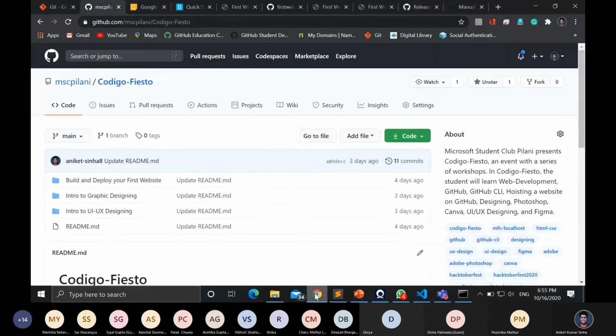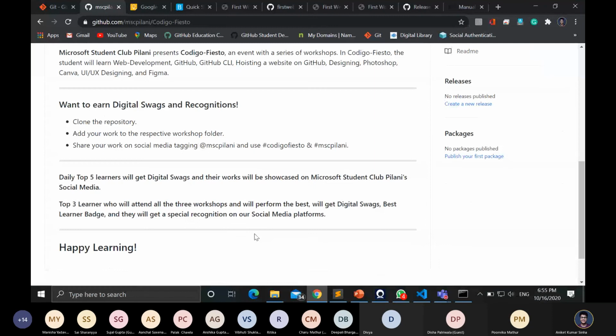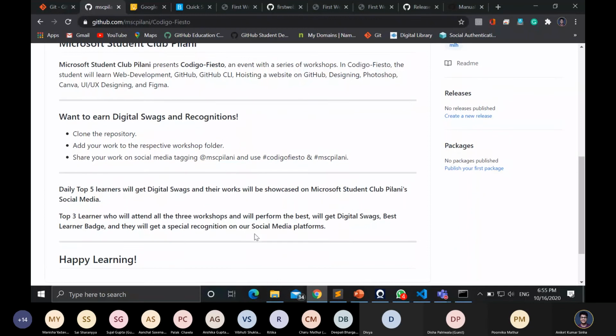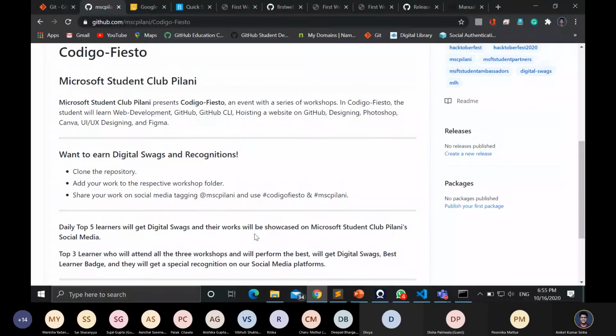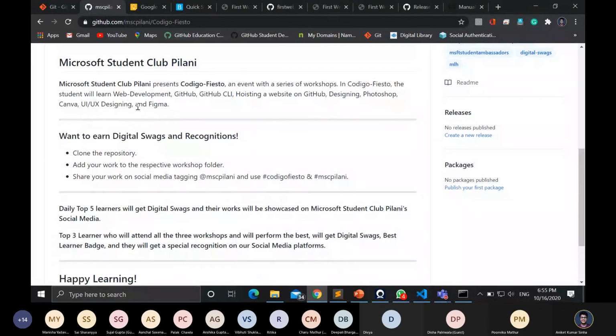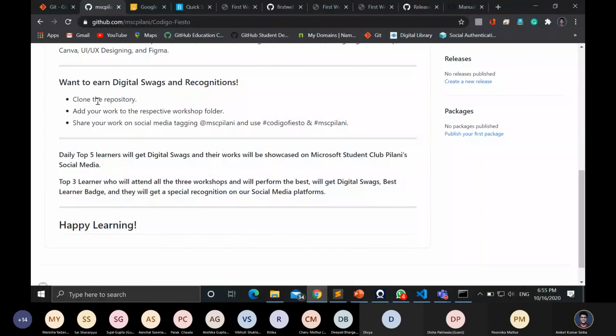Okay. So this is our repository. You need to fork it, clone it, and then upload your file. So I will be showing you every step. So let's read it first. So you can see some basic details. Okay. Yeah. So we have to clone this repository, add our files, and you can share whatever you will be making